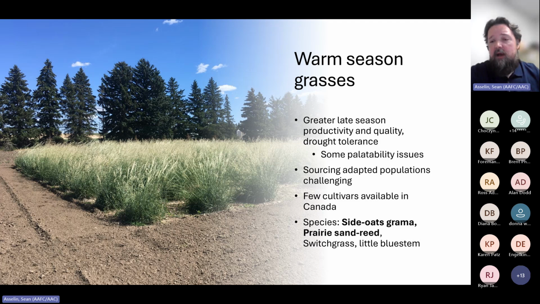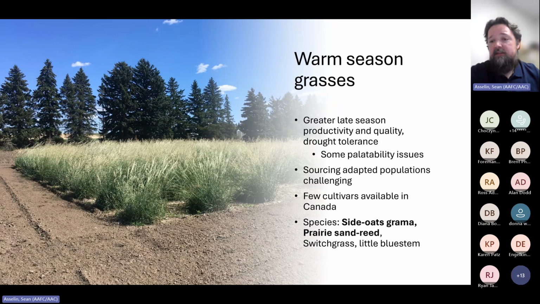But at the same time, in the winter months, when it's the only thing on the field or that's available to cattle, they are happy to eat it. It just may not be a preferred forage during the prime growing season. And sourcing adapted populations of warm season grasses is tricky in Canada, primarily due to the fact that a lot